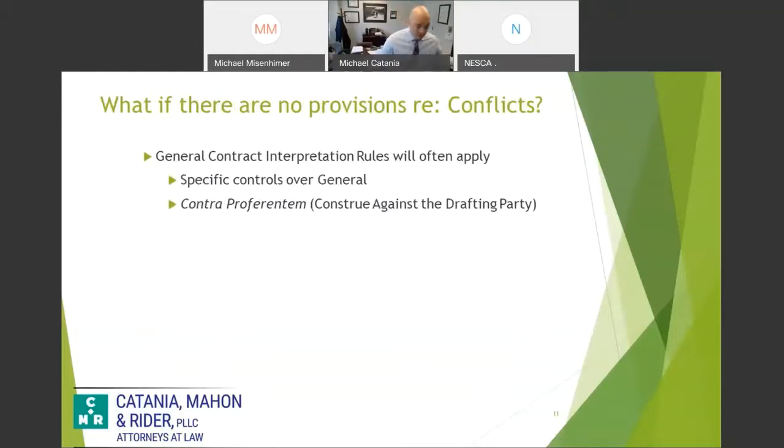If there's no provisions, which you see sometimes, then you kind of default to common law. I'm not going to bore you here, but there's quite a few drafting, contractual interpretation standards clauses that the courts use. Typically your specific is going to control over your general. So if you're required to do one thing, but the specifications give you far more detail on that requirement,